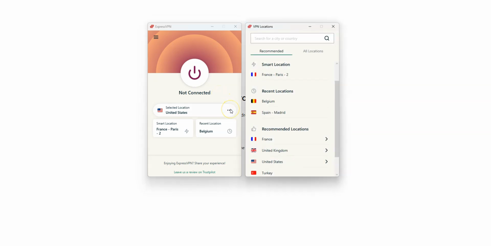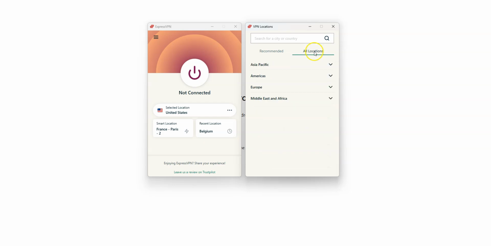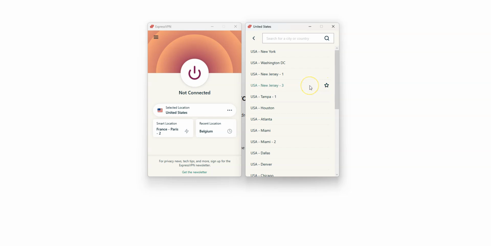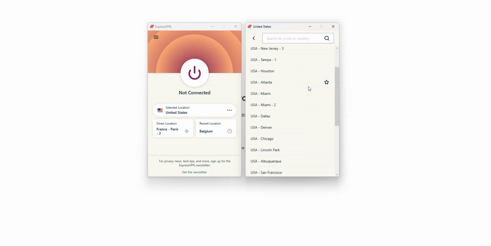First, click here. You can either choose between these few recommended locations or access all locations by clicking here. There are a lot of countries: the US, Canada, Australia, Germany, France, Spain, Italy, Japan, just to name a few. These are all countries from which you can make it look like you're in. You don't have to choose a location in a different country. You may choose a location in your country. For some countries, you can even choose a specific city. In the US, for example, New York, Miami, Dallas, Los Angeles, and so on.